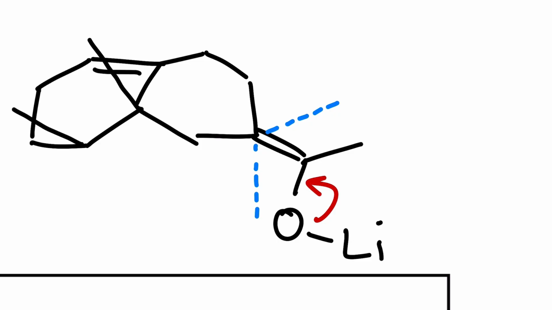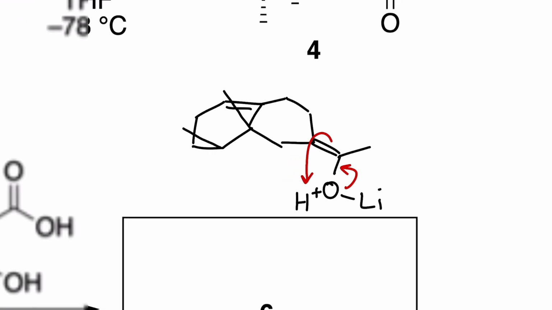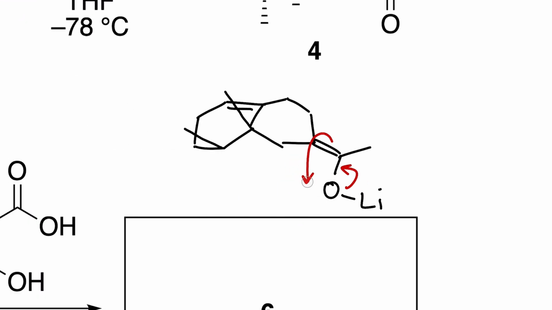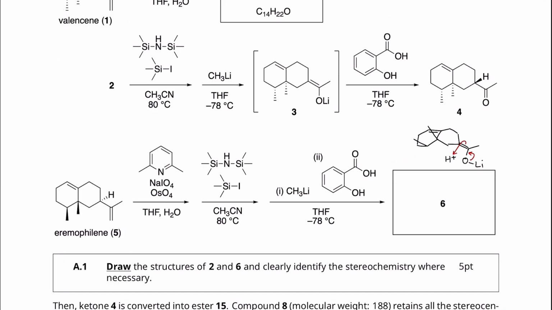So the enolate is going to attack axial down, because that is where the axial bond is. It's going axially down to give you 6,